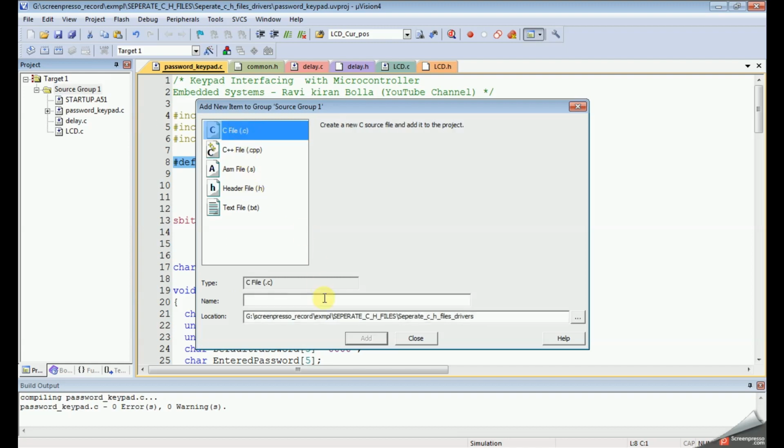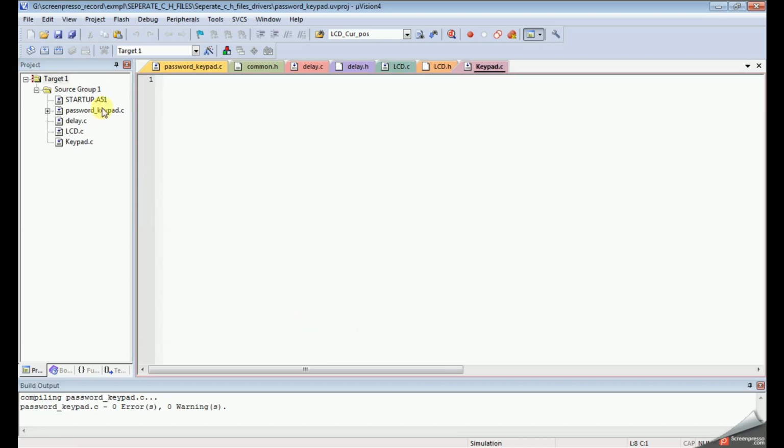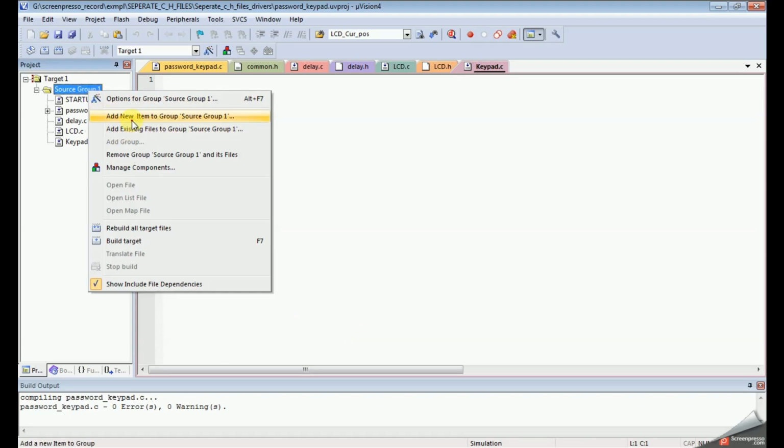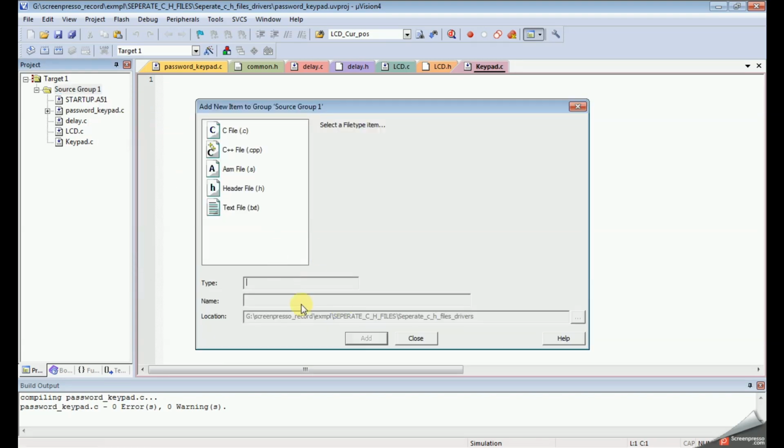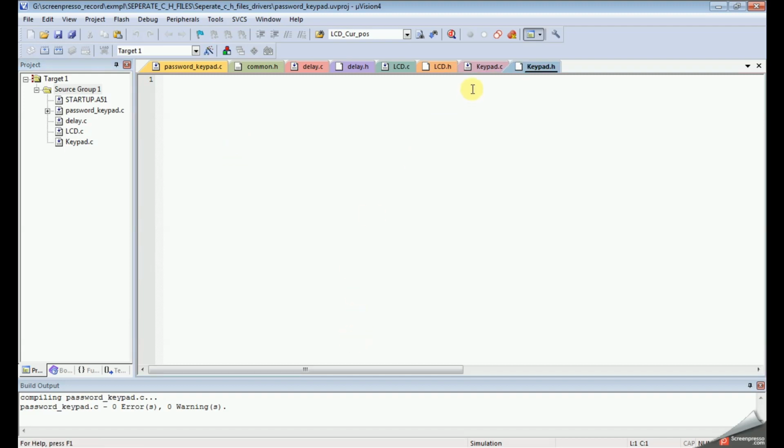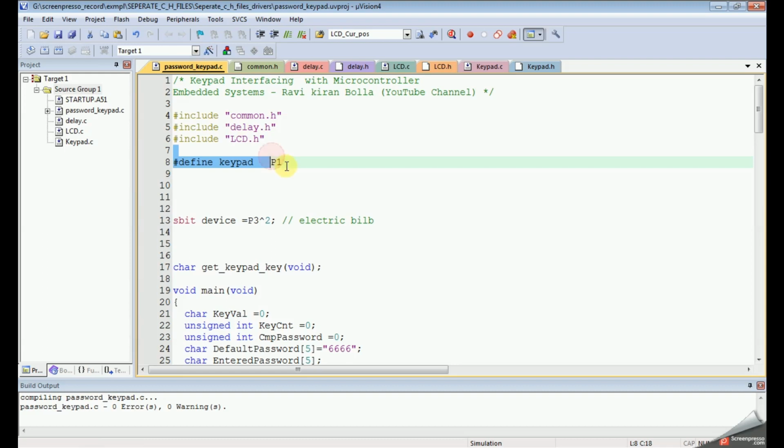One is for C, keypad.c, another is the header, keypad.h. So let's move this keypad stuff to keypad.c and keypad.h.